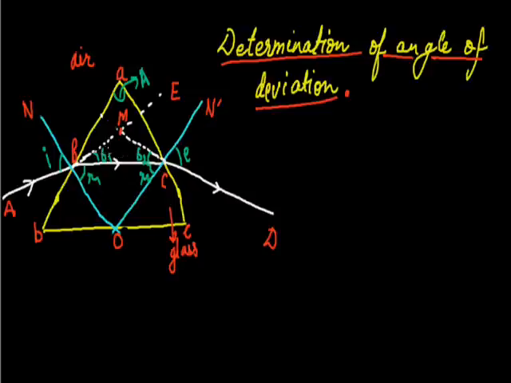Now this is the angle of deviation, as it tells us how much the light ray has been deviated from its path while moving through the interface of the air and the glass medium. So here in the diagram we can say that the angle of deviation, which is denoted by angle MBC,